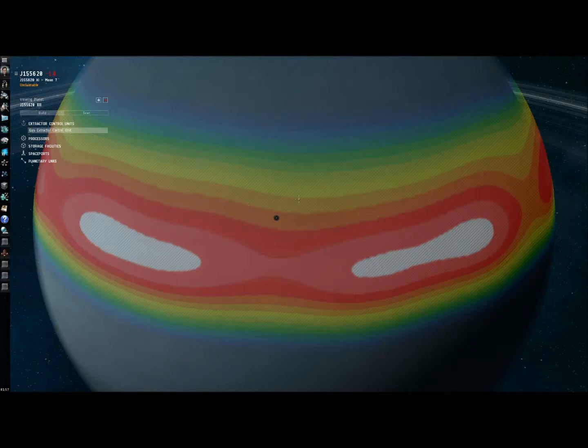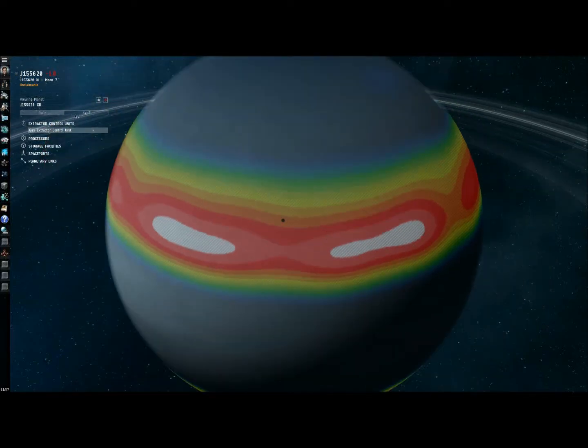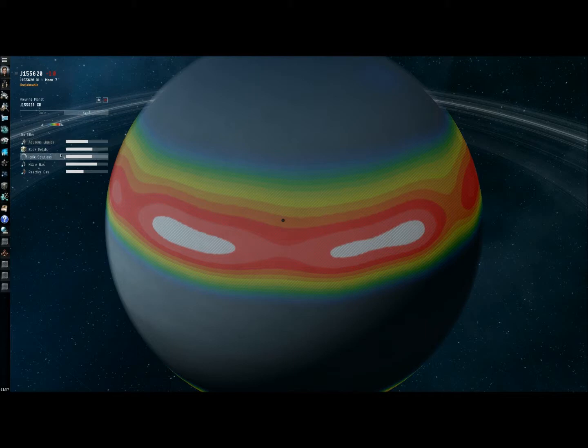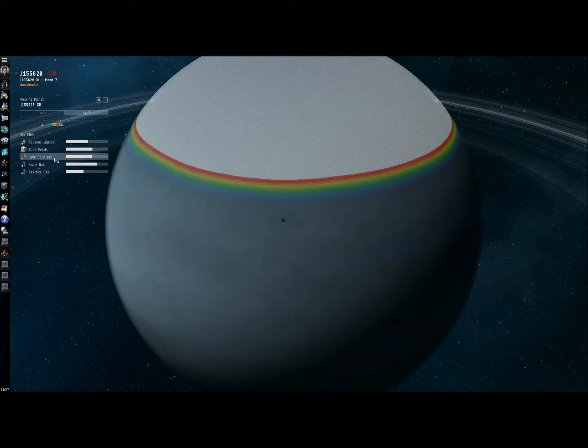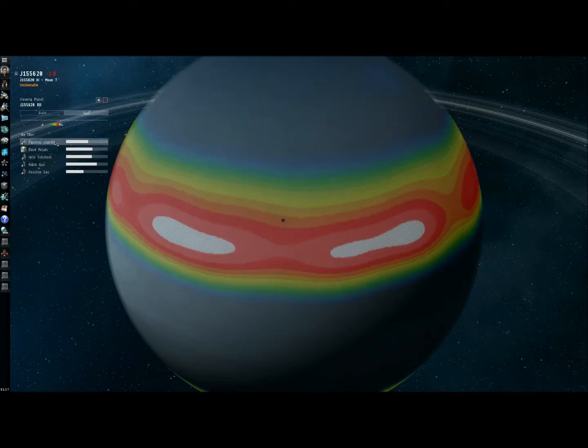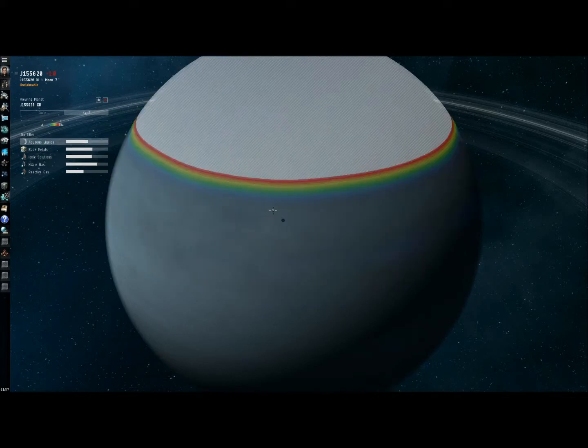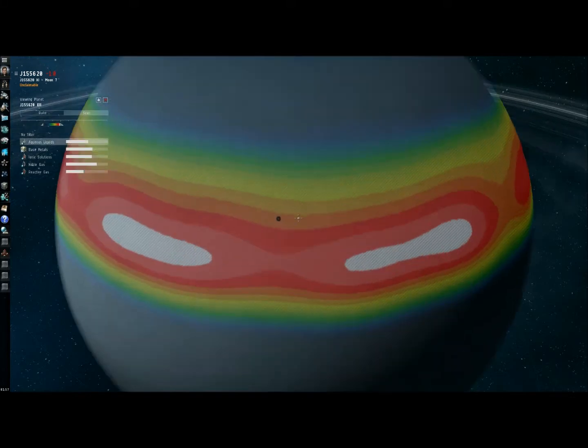Alright, hello. We are going to be going over single planet PI. We're going to be making coolant. For coolant, you need ionic solutions and aqueous liquids. And I already have a command center set up here. So let's start building. I put it right between two commodities to try and extract from